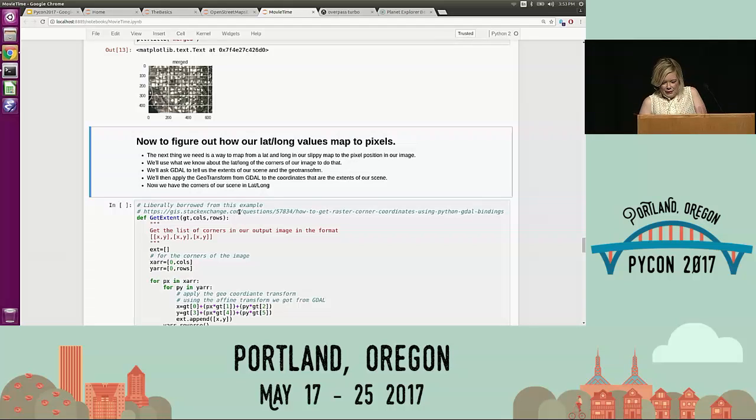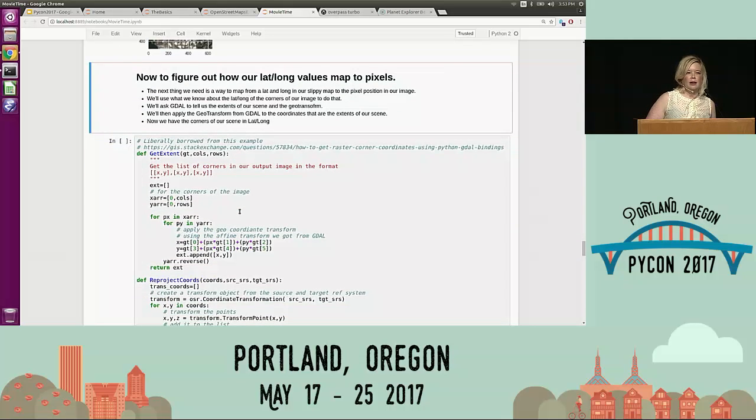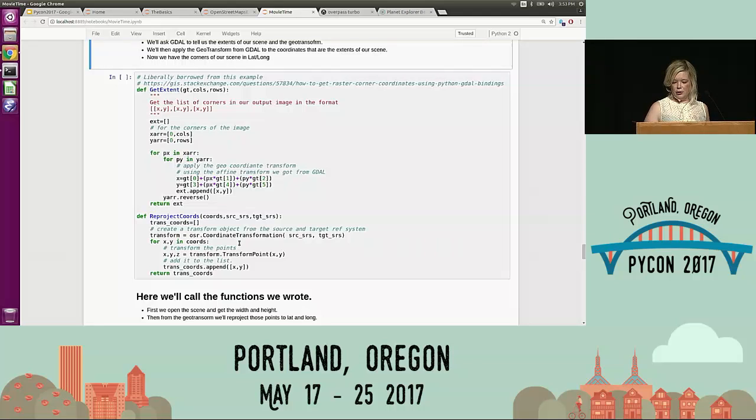All right. So there's one little trick that we have to figure out to make this work. And that is to say that the points that I put in the Slippy map above, those are all lat longs. And we need to get those in pixel values, which is sort of the reverse of the problem we just solved. And again, we're going to use GDAL to get that geotransform. And then we're going to take that geotransform, and transform the corners of our image to get them as